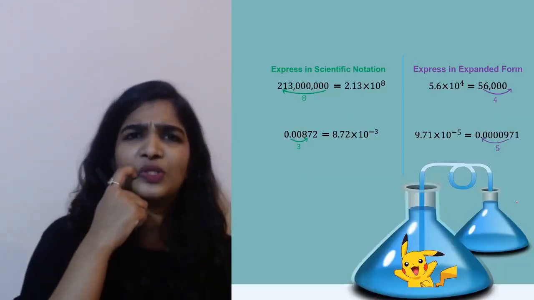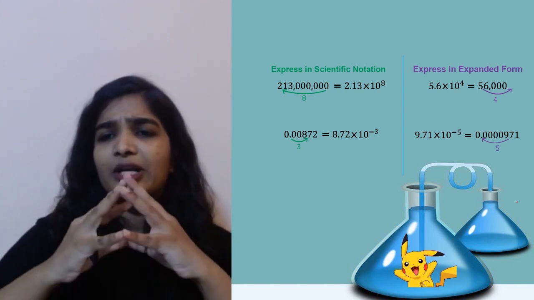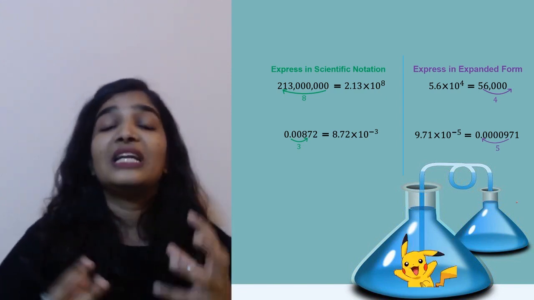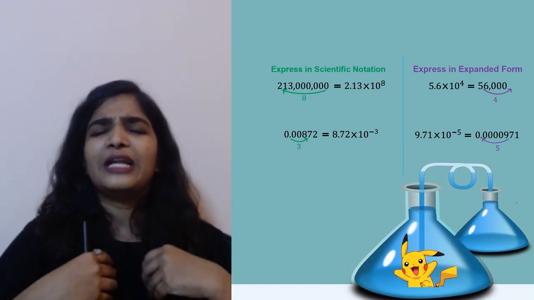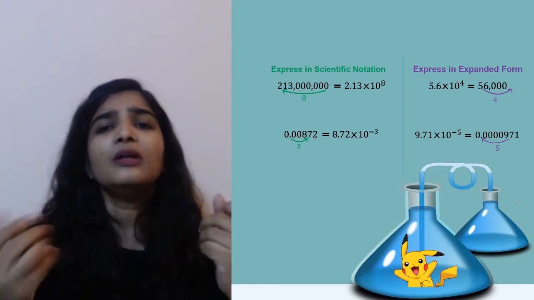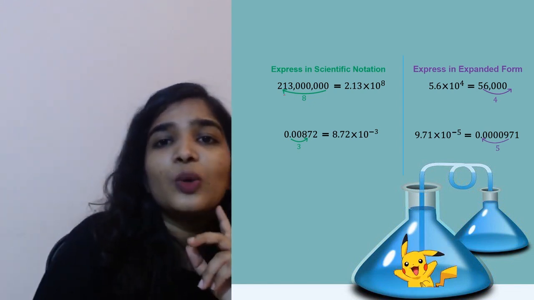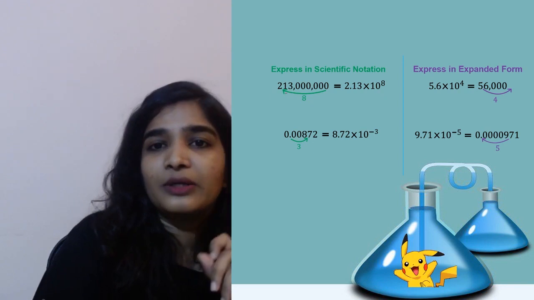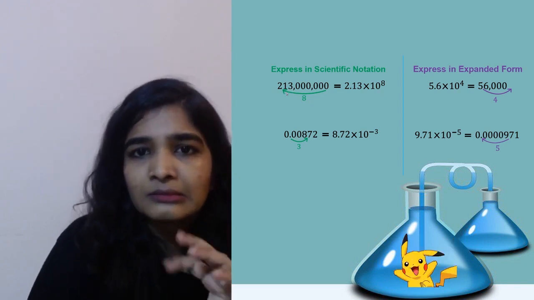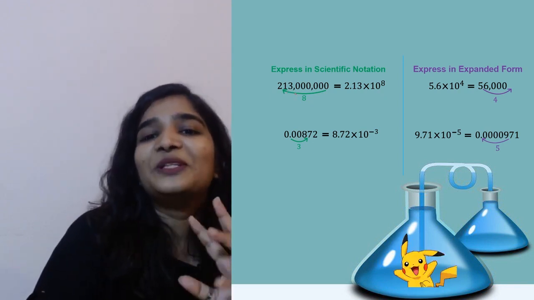See, you have so many options here, so many examples. We have tried to include lots of examples so that it will be easy for you. So I just don't want to tell you the definition and leave it there. Okay. So here, see, you have 213, so it will be a big number.